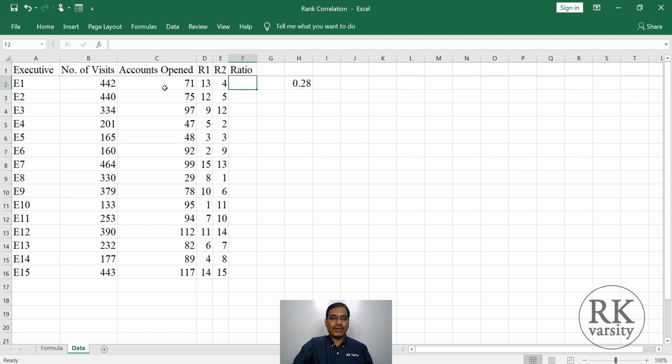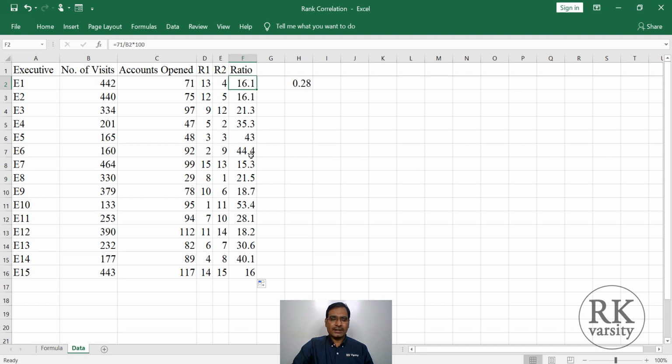So the number of accounts opened is 71 by the first executive. To get these 71 accounts opened, he visited 442 times. So this into 100. So 16%. 16% means of every 100 visits that the executive makes, he is able to collect only 16 accounts.